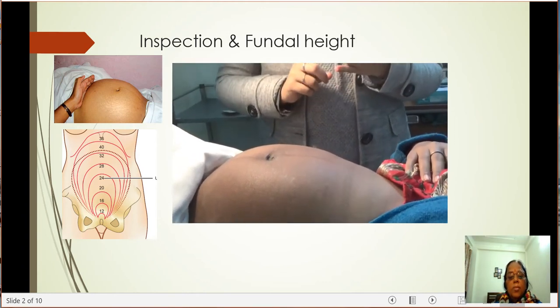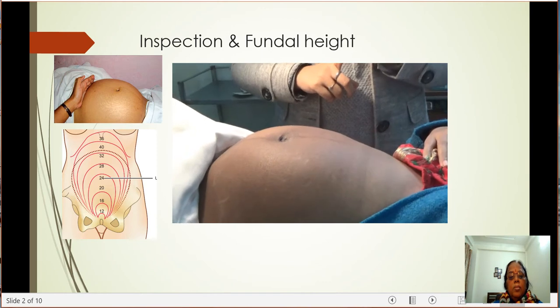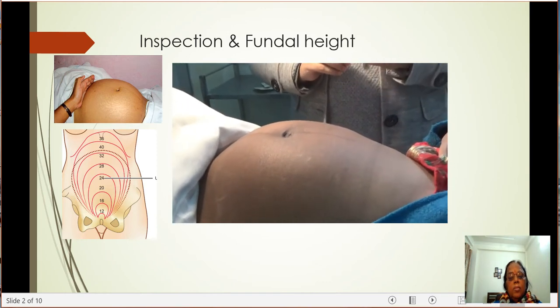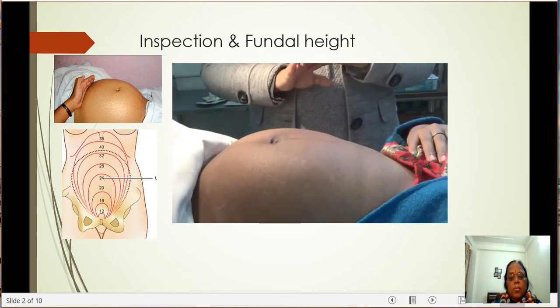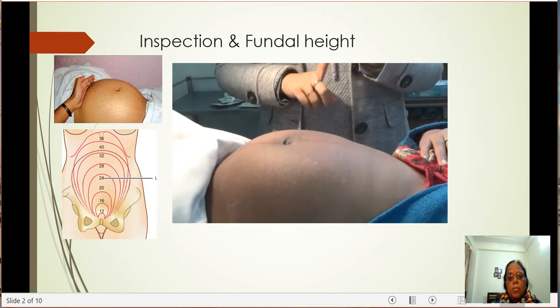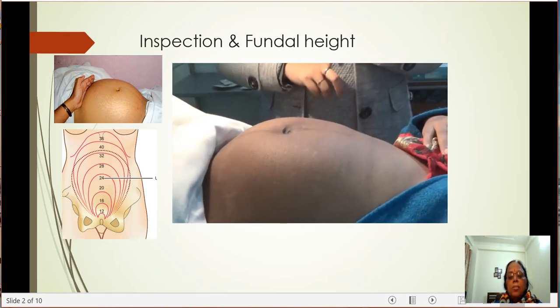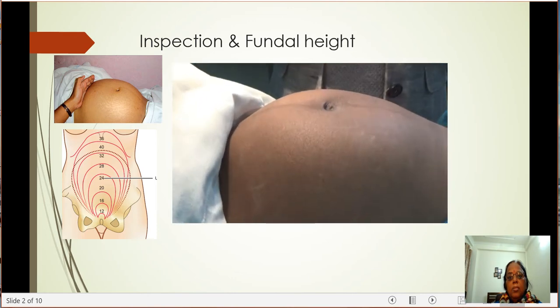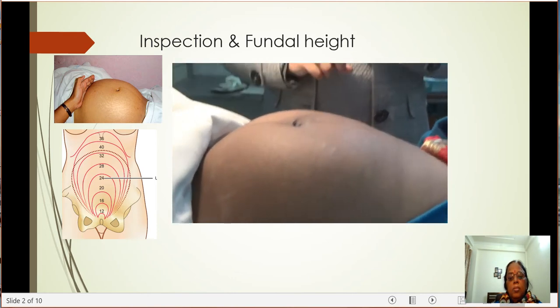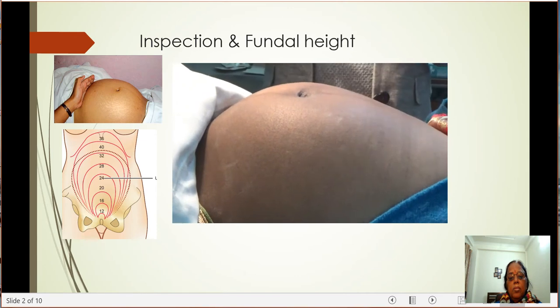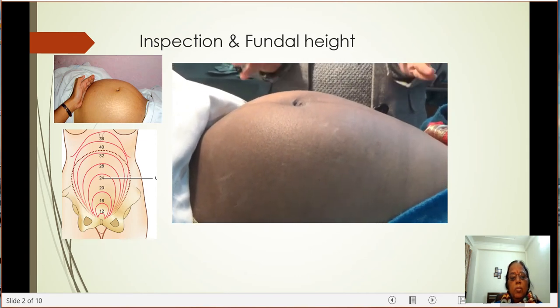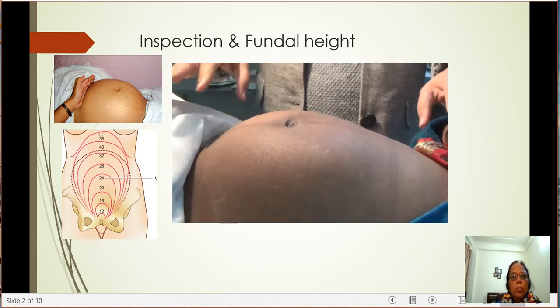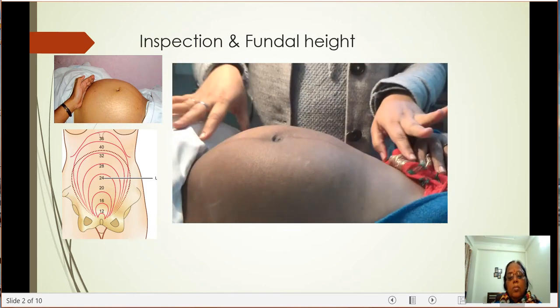So we are starting with our inspection in the abdominal examination. Before doing any examination, there are four important things that have to be noted. First, you have to inform the patient what you are going to do and take the consent of the patient. The second thing, you are going to ask the patient to empty the bladder, and the third, that you will expose the required part that has to be examined. As you can see in this patient, we have exposed the part which has to be examined.